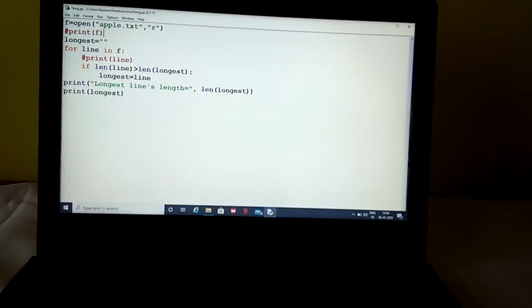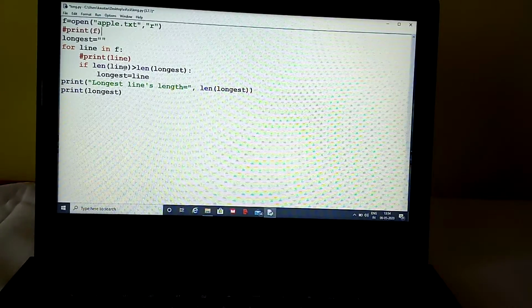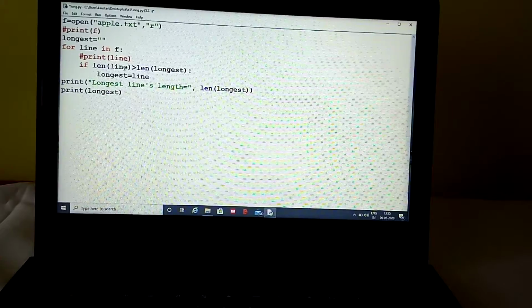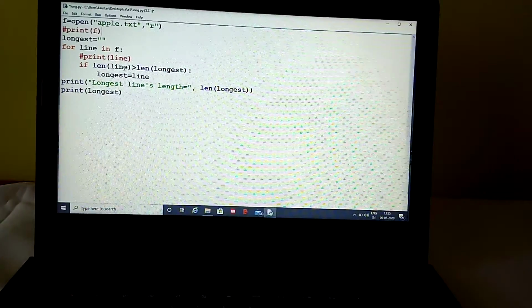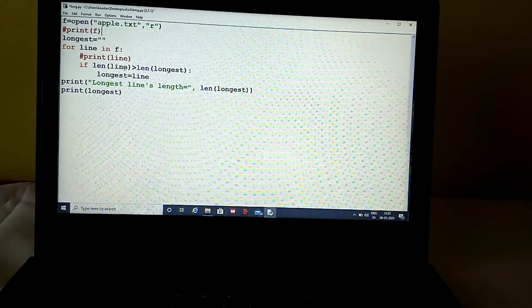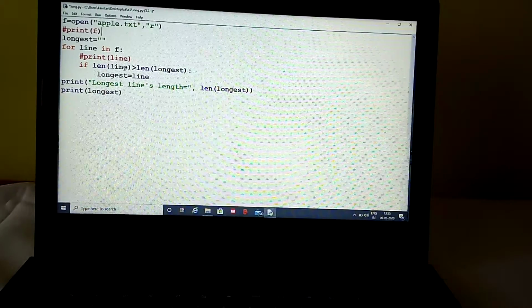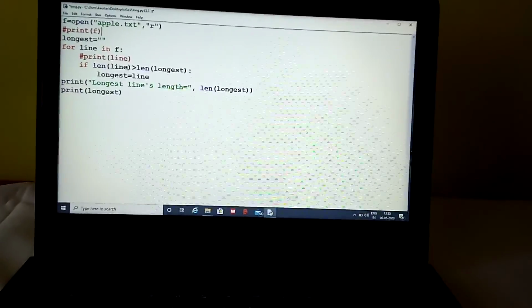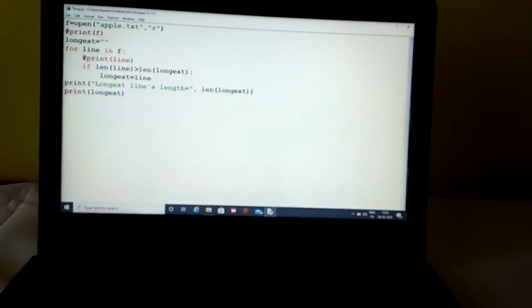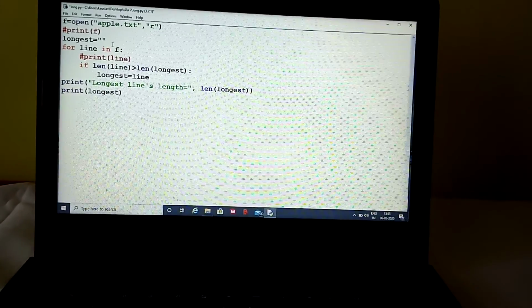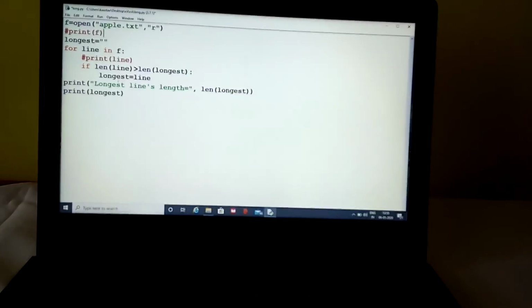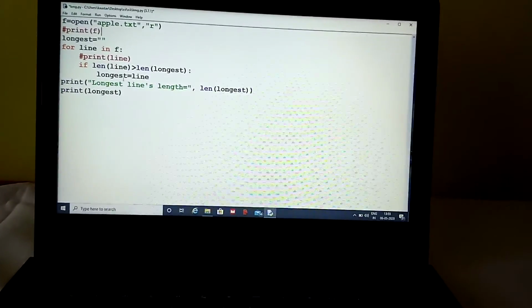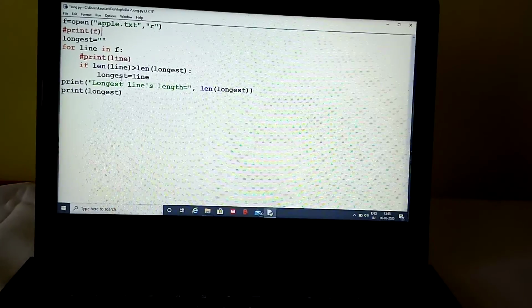If length of line, suppose line by line it will be there. The first line is stored in line, and the second line is also stored, but separated by the \n. So the length of the first line, if it is greater than the blank, then I'll store the first line into the longest variable.